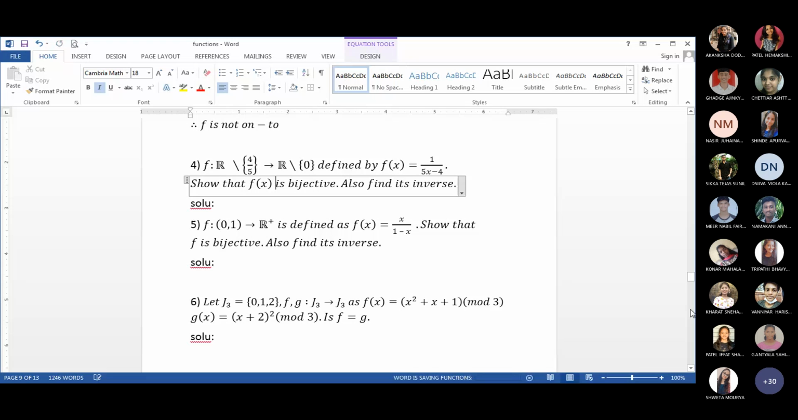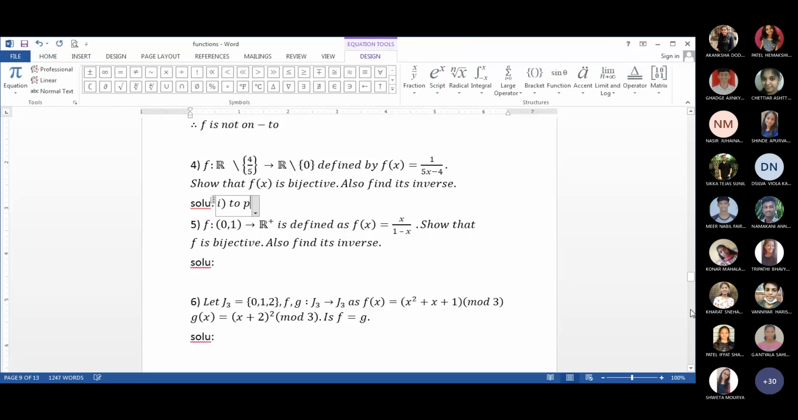Question में clearly लिखा हुआ है, to show that function is bijective, also find its inverse. मतलब यहाँ पे अपने को प्रूव करना है वो बाइजेक्टिव है, दैट मीन्स अपने को प्रूव करना है कि वो 1 to 1 है एंड इट इज ऑन टू. तो पहले क्या प्रूव करेंगे हम लोग? To prove f is 1 to 1,